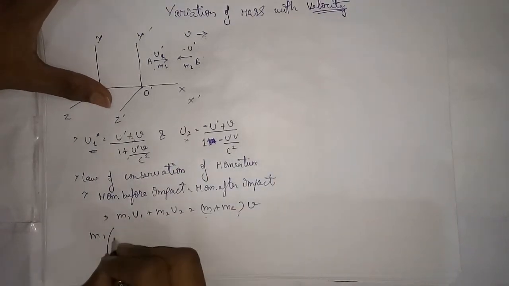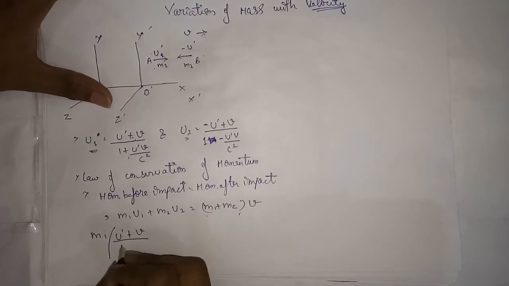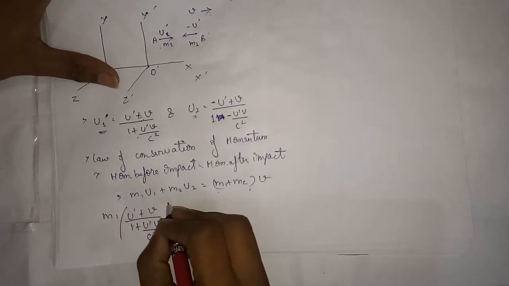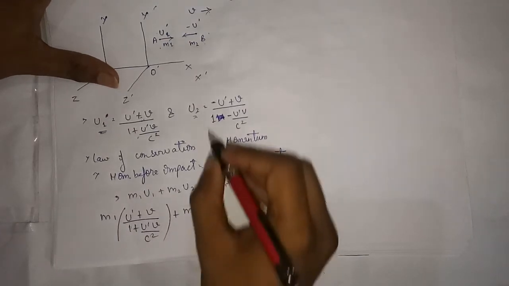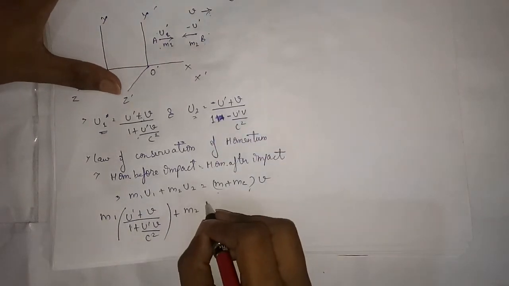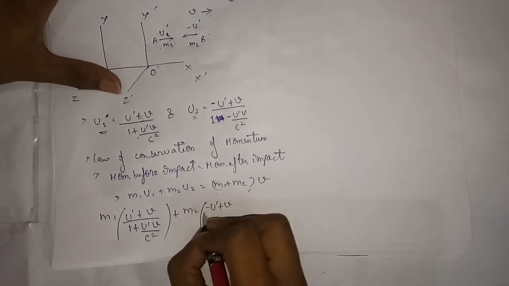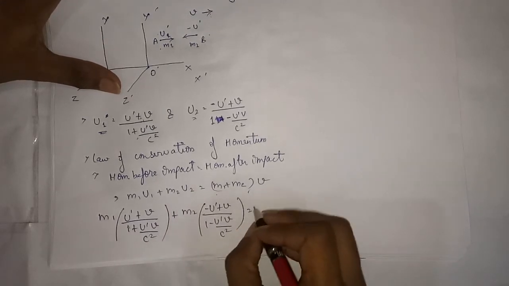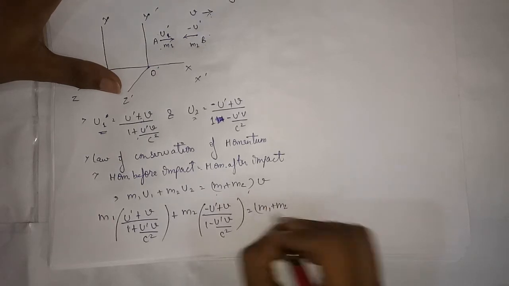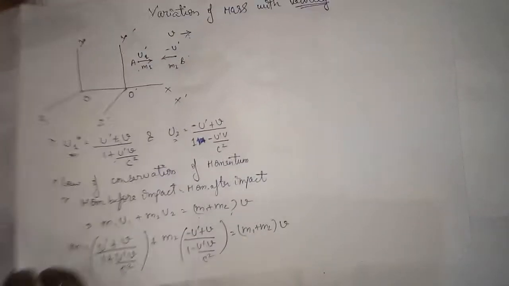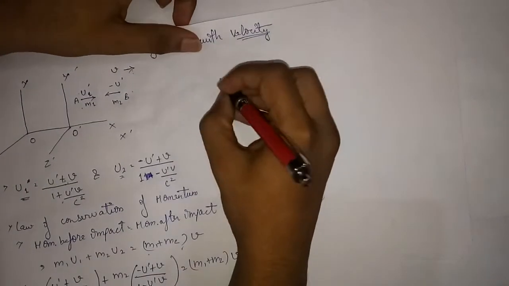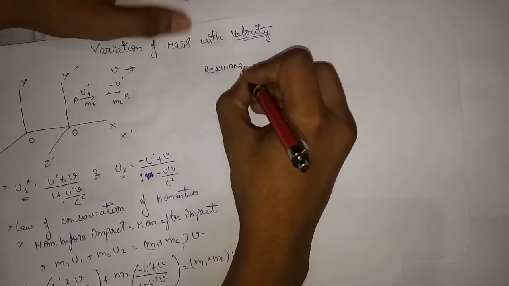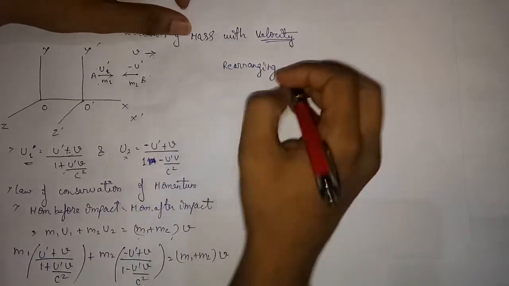So m1 times u dash plus v upon 1 plus u dash v upon c square, plus m2 putting the value of u2, minus u dash plus v upon 1 minus u dash v upon c square, and this is equal to m1 plus m2 into v. Now we have to rearrange the terms, so rearranging the terms,